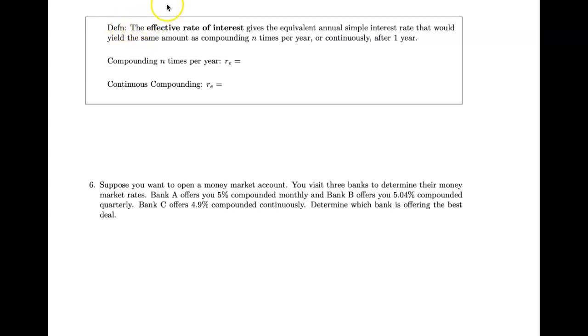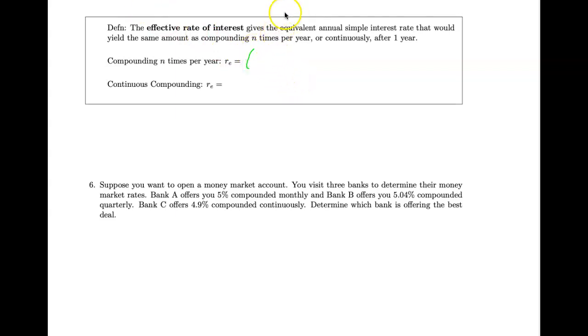All right, everybody, let's look at the effective rate of interest. So the effective rate of interest gives the equivalent annual simple interest rate that would yield the same amount as compounding n times per year or continuously after 1 year. As you saw in Canvas, the compounding n times per year gives the effective rate of interest by,